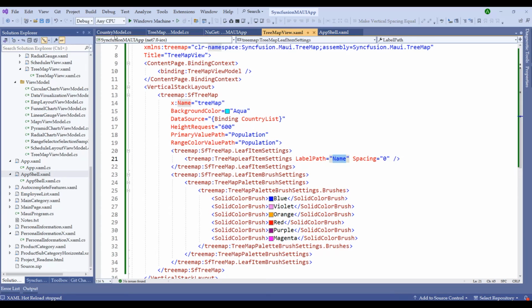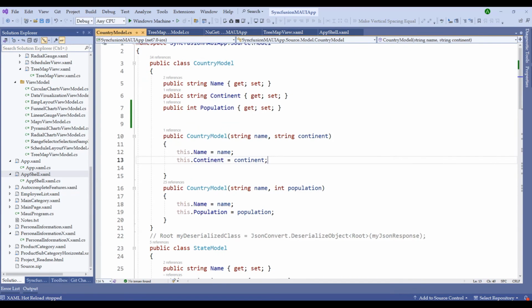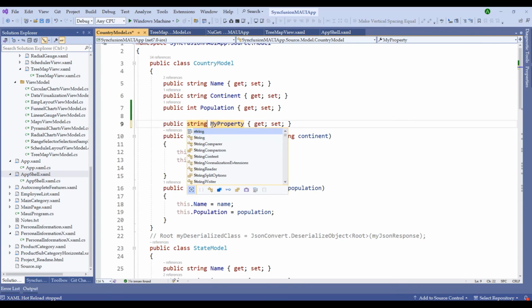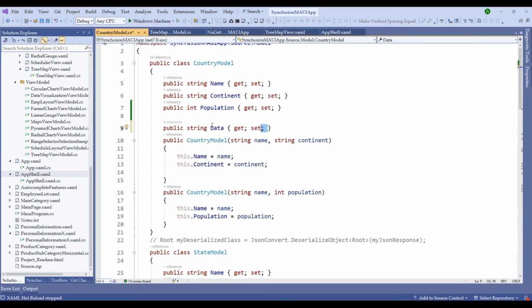Let me stop the application and switch to the TreeMap view model, or in fact, let me switch back to the country model and add a property that just returns the data of the country name and population. So let me add a property. Let it be a string property and call it data. We don't need a set statement here. We just need a get statement of data. So let me add return. Within the return statement, I'm going to concatenate both name and population together. So let me add population dot toString. That's it. Now that we are done with this, let me add a semicolon here which is missing right after